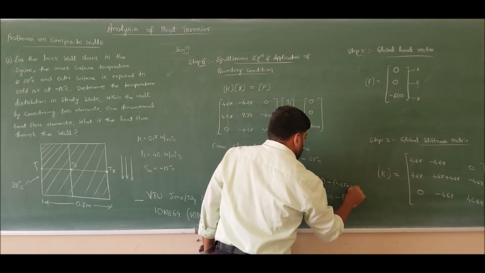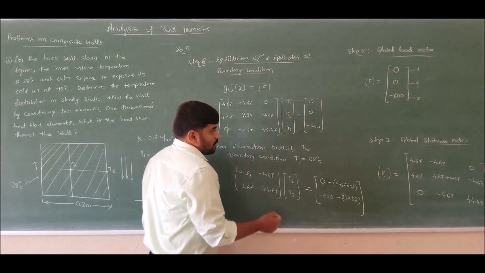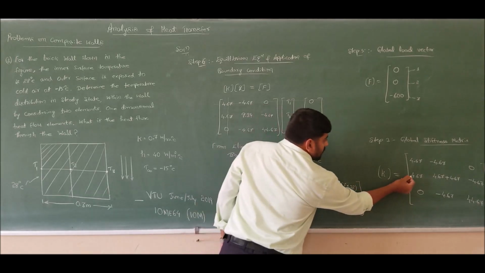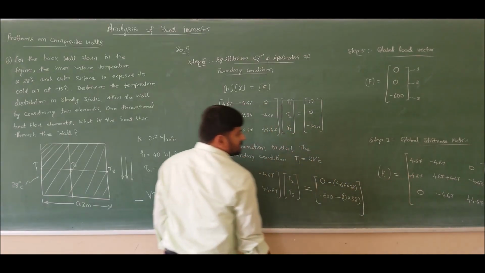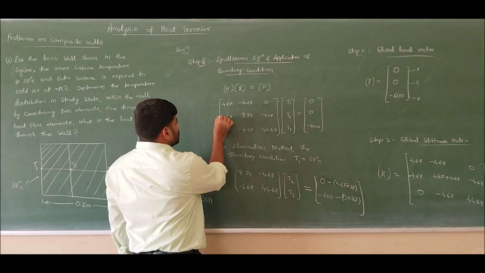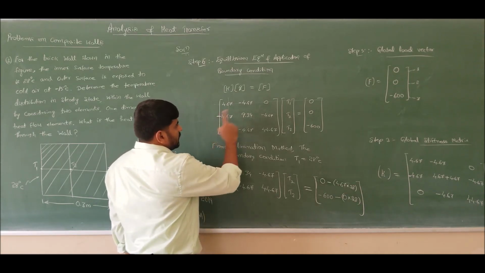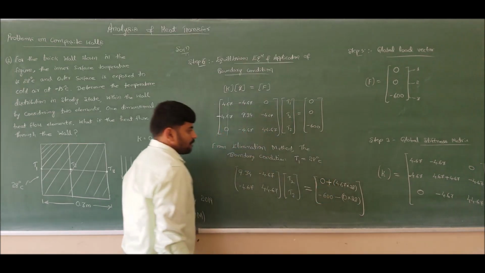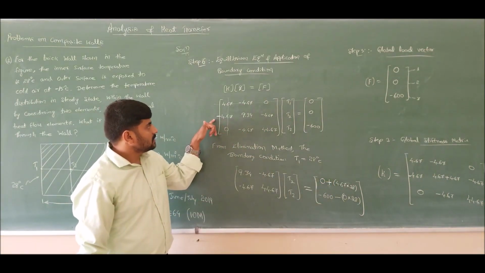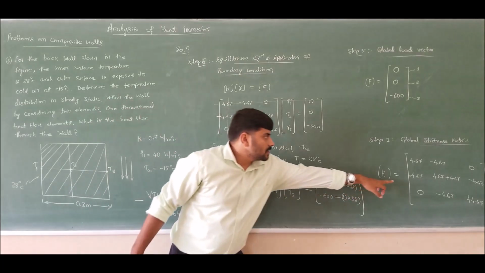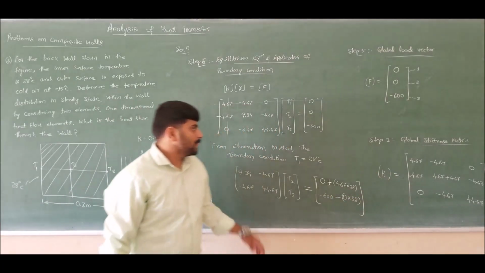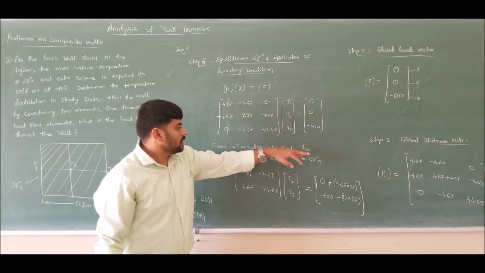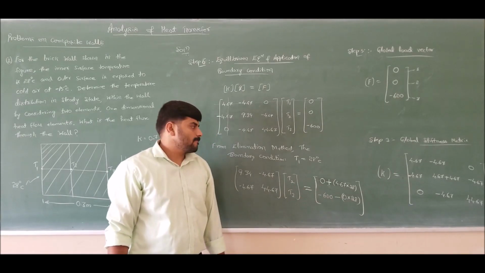An important point to be noted down is that I missed out the sign here. This is minus 4.67. So if I take it to the right hand side, this should be plus 4.67. Correct the sign of this term which is missed out. This is minus 4.67, so multiplying minus 4.67 with T1, I get plus 4.67.